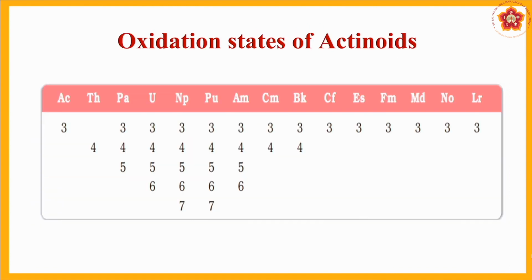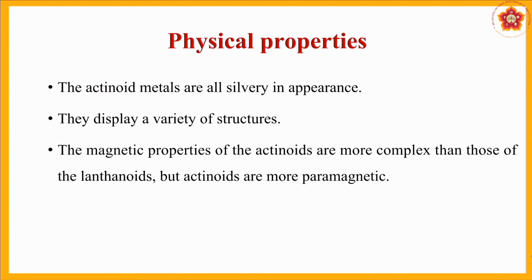This is also a representation of oxidation states where various oxidation compounds are present. You are able to see that for thorium there is no +3. Now why is there no +3 for thorium? Same reason that we had attributed for cerium in lanthanoids. For thorium there is no +3, there is +4, because if you remove these 4 electrons, it directly goes to the noble gas configuration. So this is about the actinoid oxidation states.